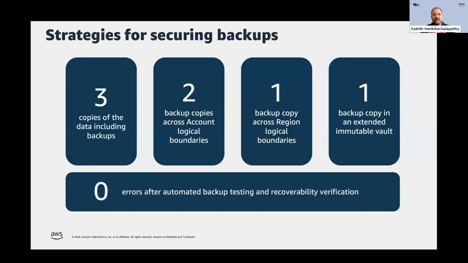But the most important number in this entire 3-2-1-1-0 is the number zero, which means that you are continuously validating the restorability of the data, and there are zero validation or restore errors when trying to utilize the backup data. Because any backup, however many copies you keep, which is never restored, which is never tested, is as good as not having any backups.